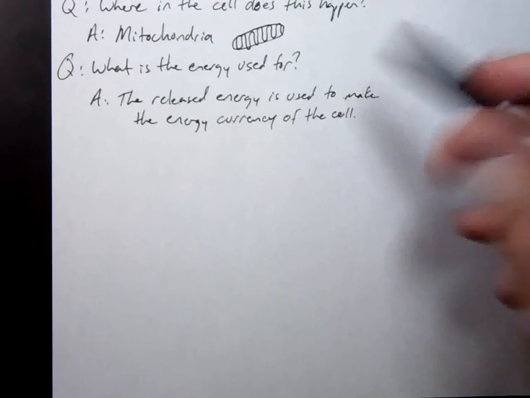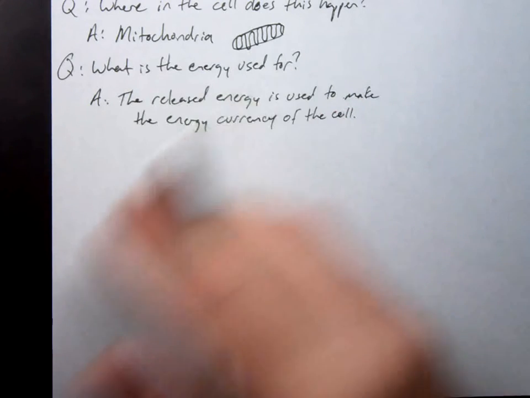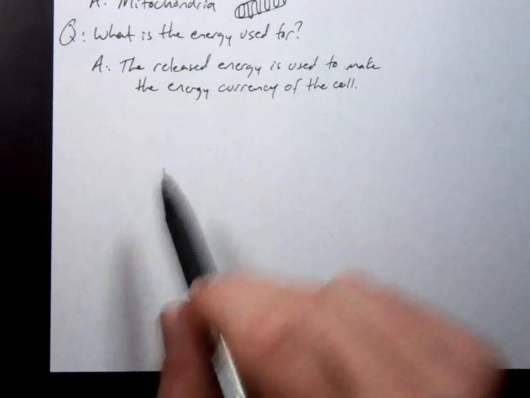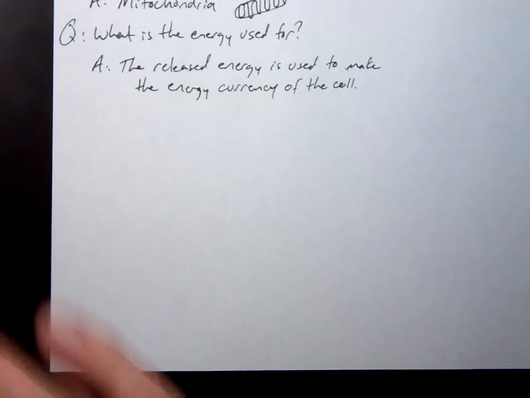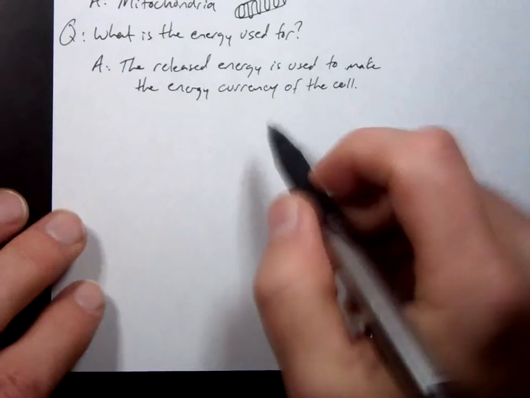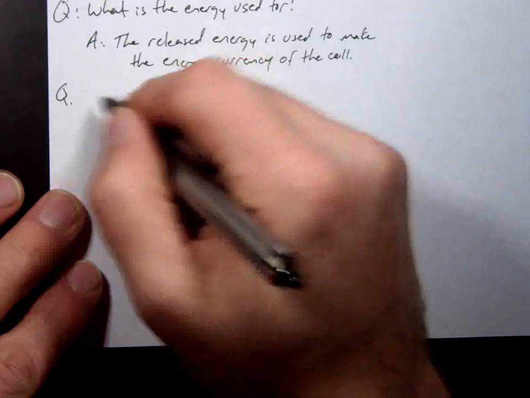But you have to have tokens to power the rides, right? You have to have tokens to power the games. Everything runs off of tokens. There are tokens that power everything in your cells. Power all the enzymes, power the membranes, power transport, power everything. Okay? Does anybody know what is that energy currency?